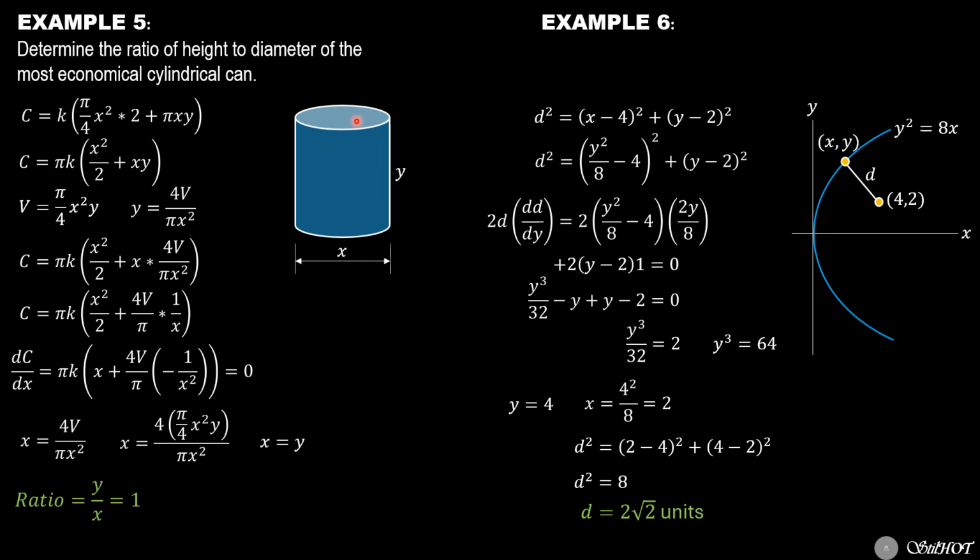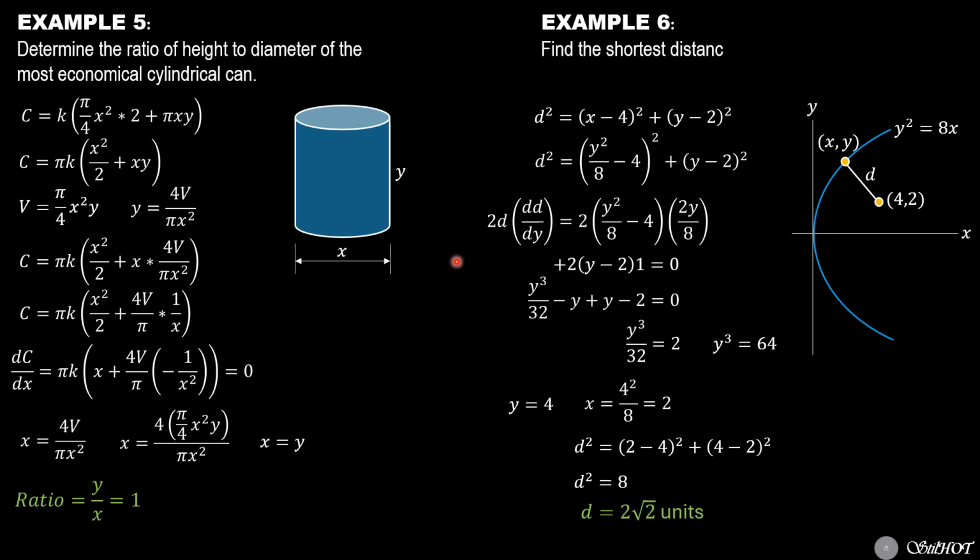If we have a closed figure, even if it is of square base, the ratio of height to the dimension of the square is still 1. If it is closed. If it is open top, only one end is closed, then by experience, the height should be equal to half the diameter for that case. Again, the height should be equal to half the diameter. You may have a problem like that.